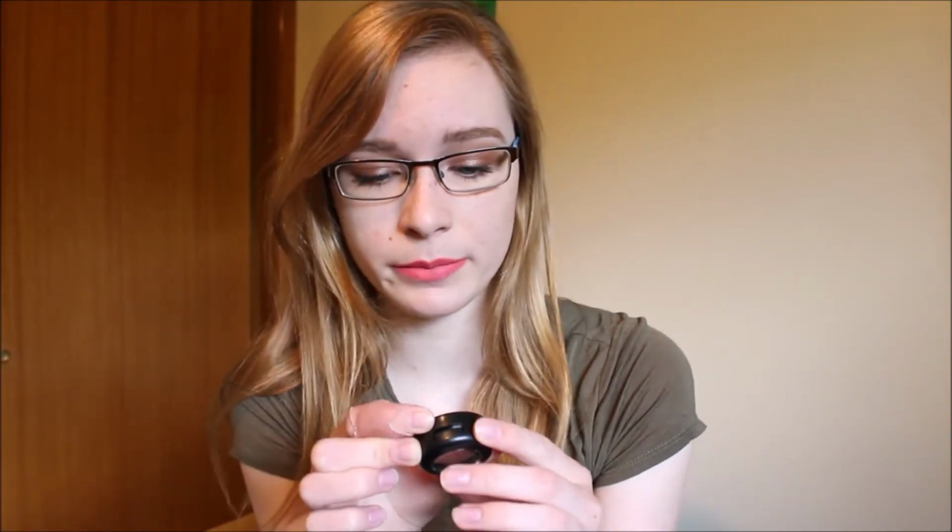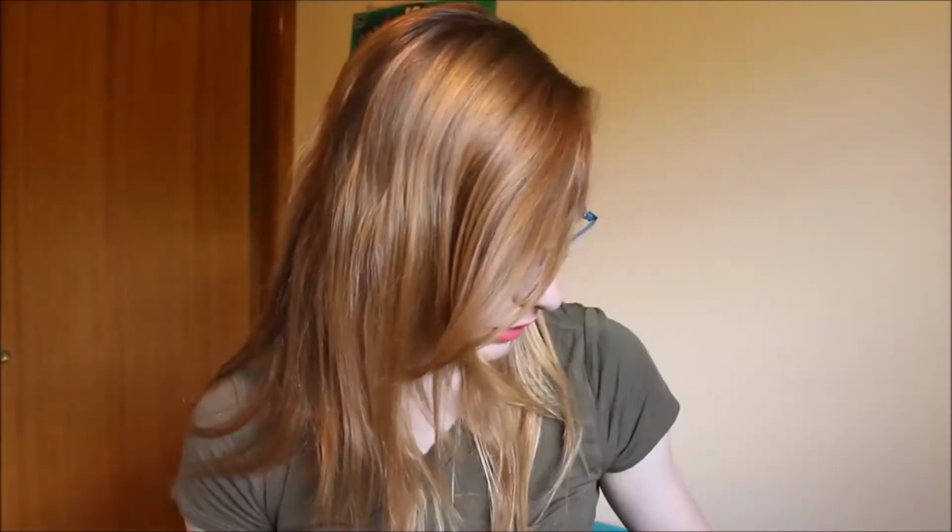This MAC eyeshadow is also almost half the amount of product there is in Steel Kitten and also one of my Kat Von D shadows. And it's almost the same price. And look how tiny this thing is. It has 1.8 grams and Steel Kitten has 2.6 grams. So yeah, that's why I don't go to MAC much. I don't know, it just doesn't intrigue me like all the other beauty gurus. But I guess they grew up with MAC being popular, so...